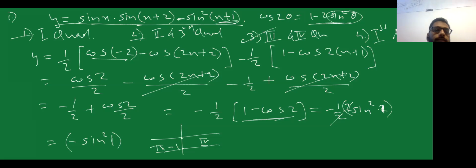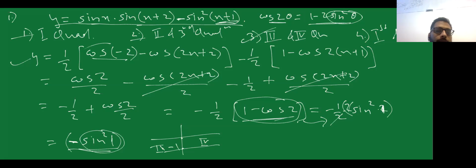So just go through the solving method. First we used the 2 sin A sin B formula. Here we used the cos 2 theta formula. Cancelled, opened the bracket, simplified. After simplification, again the 1 minus cos 2 theta formula was used, giving 2 sin square theta. Simplified, I am getting sin square 1. That would be the first and second quadrant, but it is a minus sign here. Therefore that would lie in the third and fourth quadrant. Also remember that the value of cos of minus theta is cos of theta. Okay. Any doubts still here?